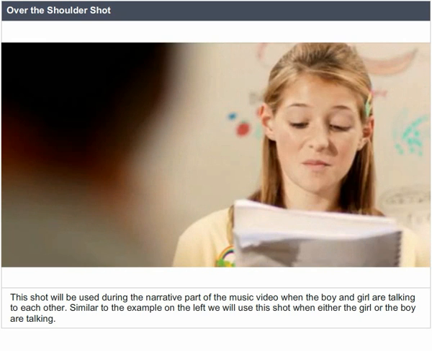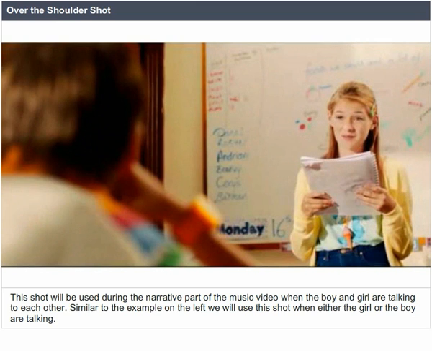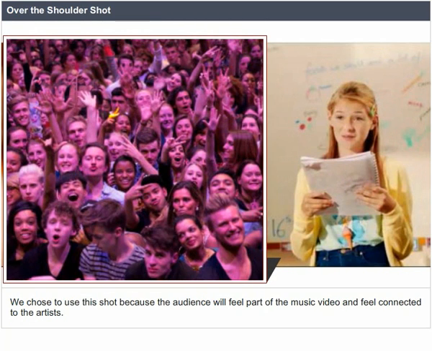Over-the-shoulder shot. This shot will be used during the narrative part of the music video when the boy and girl are talking to each other. Similar to the example on the left, we will use this shot when either the girl or the boy is talking. We chose to use this shot because the audience will feel part of the music video and feel connected